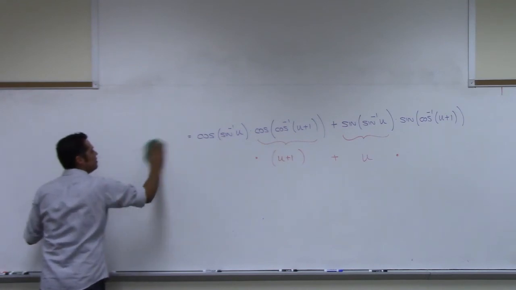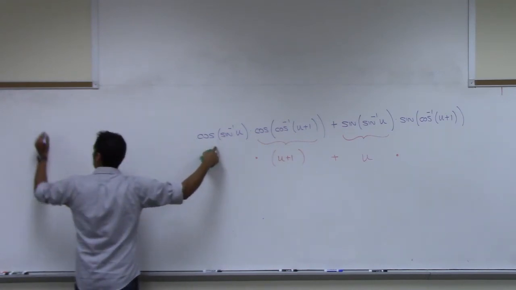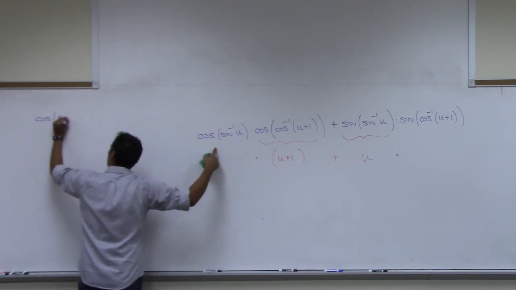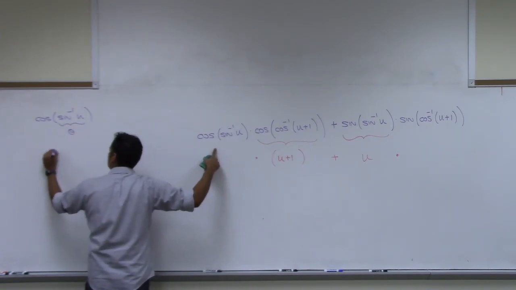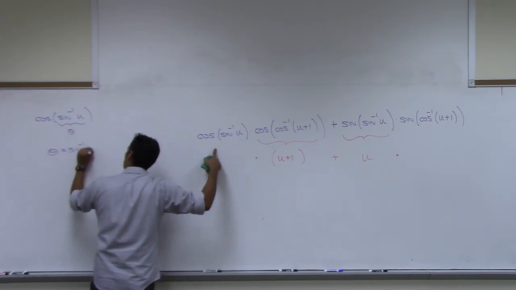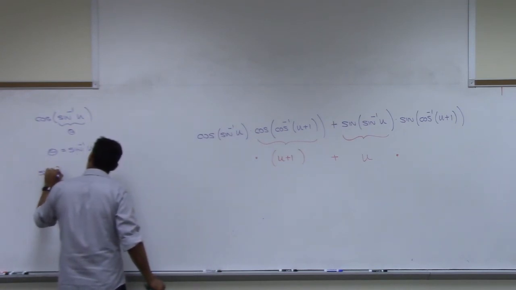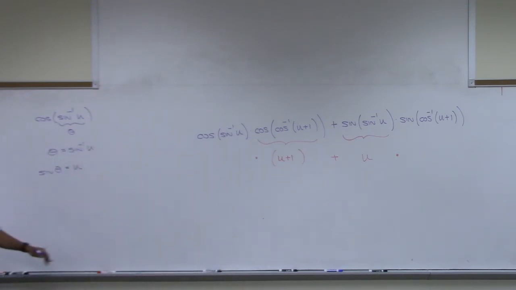All right, let's take care of this first one right here. Cosine of arc sine of u. We call this piece here theta. That means theta is arc sine of u, which means that sine theta is u. Call that thing your angle. Take sine on both sides, making sure we're restricting ourselves to these quadrants. Now you don't know if u is positive or negative here, do you? You don't know. So when you create your reference triangle,